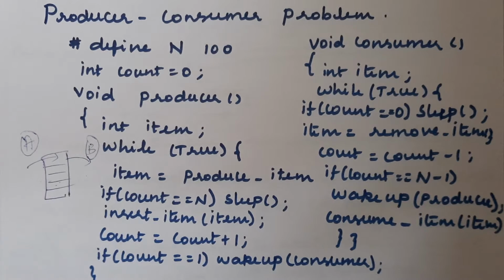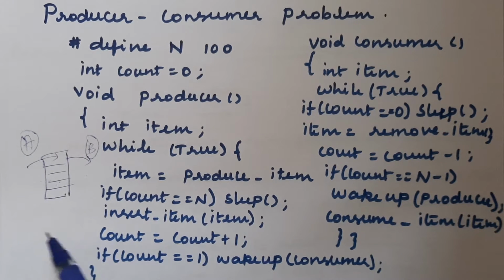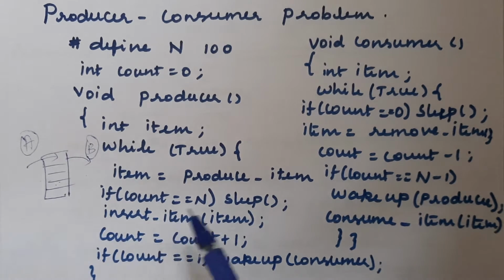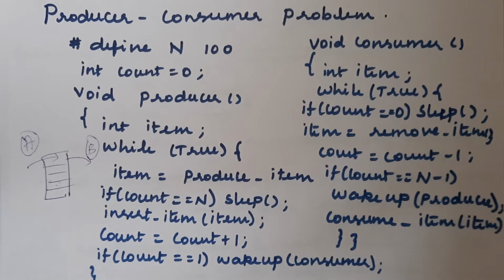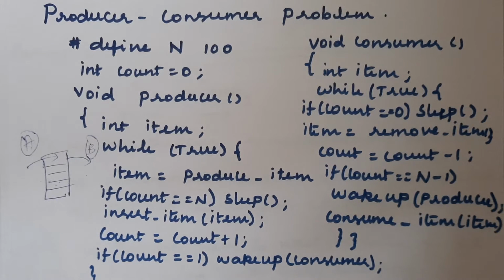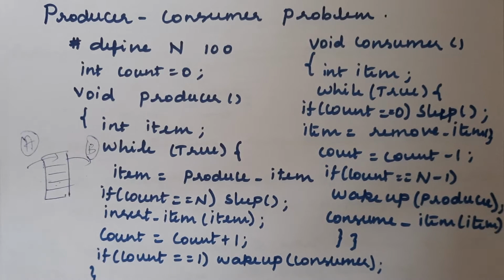So this is the code which implements the concept of the producer consumer problem. Obviously it is written in C. Most of the operating system code is written with the help of C programming. It is very powerful and efficient to use, and it is also easier to understand the concept we have given here.